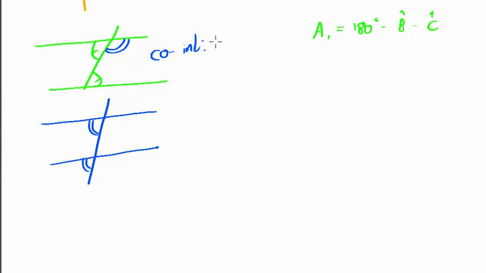These are called, sorry, the green one that I showed you was alternate, and you can see why they're alternating the sides, and usually alternate we spot by looking for a Z. Yeah, because it's those little insides of the Z. And then co-interior we look for a U, for the inside of the U. And then this one is called the corresponding. Let me show you why we call it a corresponding angle.